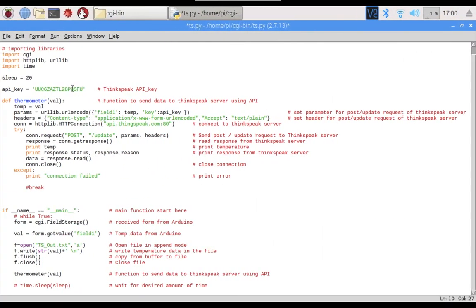See, I have pasted it. Save. We don't need to run this Python script from here. Once you change this API key, close it.